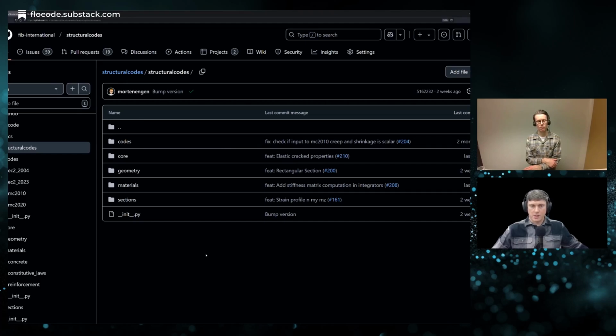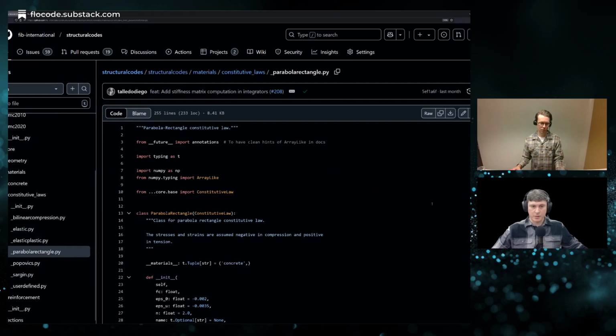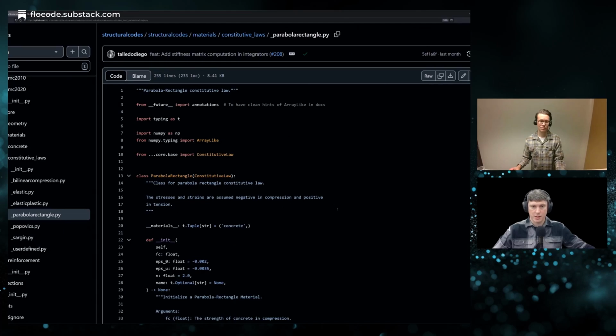So the constitutive laws, if we go into that folder just for a moment, this is the one I don't want to scare anybody with, but there is a lot of really good stuff in here. As I went through this, I was like, holy smokes, this is going to take me a while to digest, because there are a lot of very good theoretical functions in here that can give you a very deep understanding of what's happening with your cross section, as long as you've got the right inputs. So, what was the most challenging part of this to create, Morten?